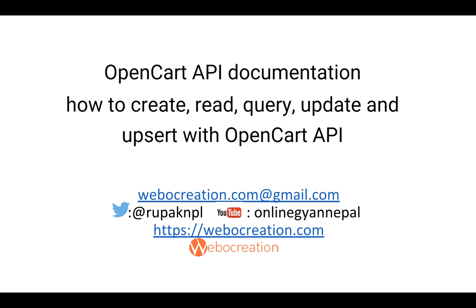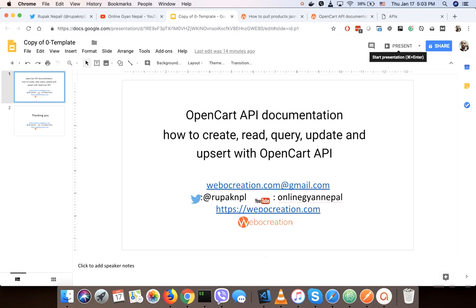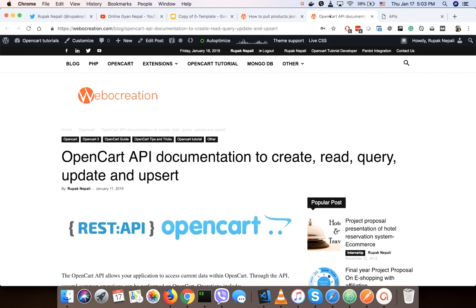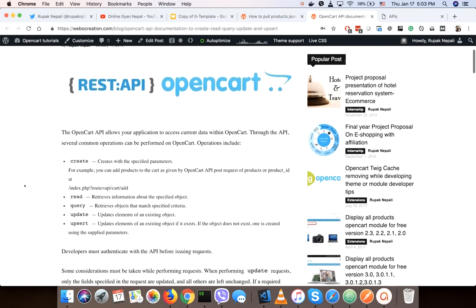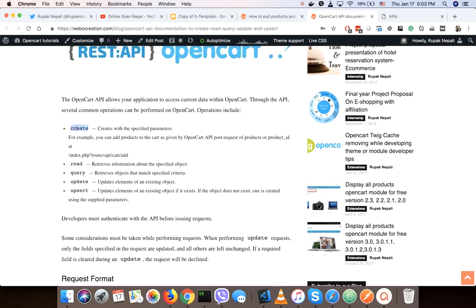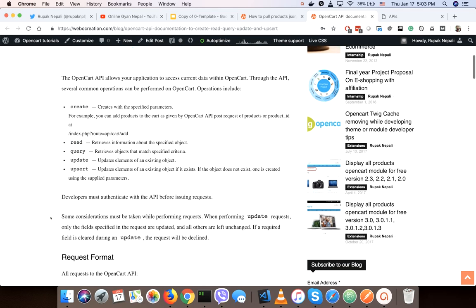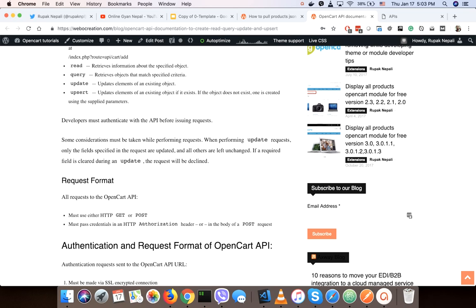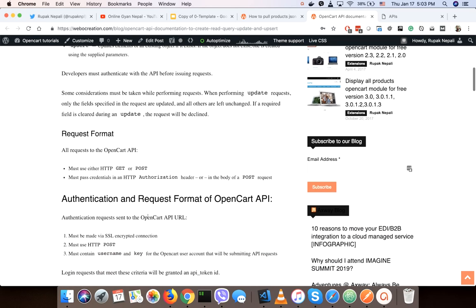So this is the documentation about Opencart API, how to create, read, query, update and upserts with Opencart API. So let's go and see one of my posts. So here I did how Opencart supports create, read, query, update and upserts, and how to authenticate it, and how we do the HTTP authorization, what are the request format, get and post,